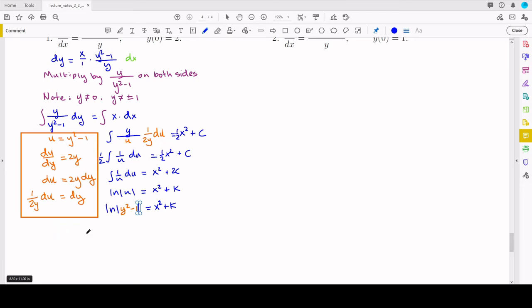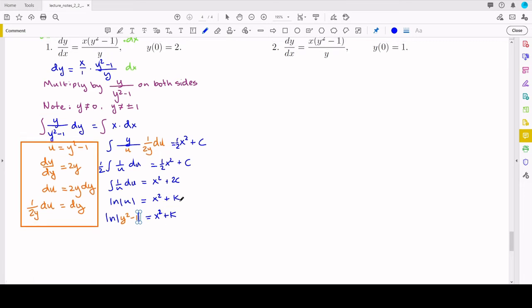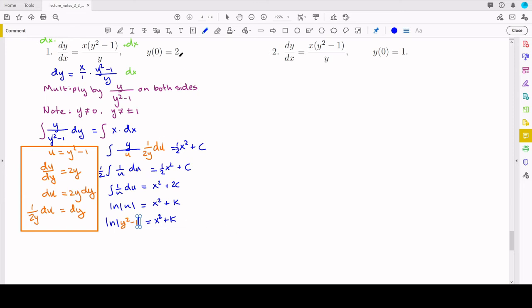Okay, at this point we can try to figure out what that constant of integration is by looking at the initial value. So we know that the initial condition is y of 0 equals 2. So that means x equals 0, y equals 2. And when you plug that into that equation that we have right there, we then get